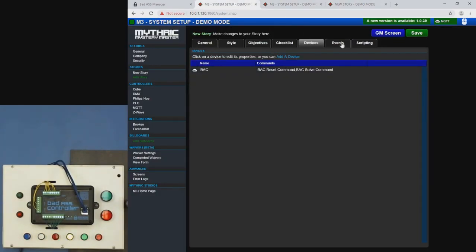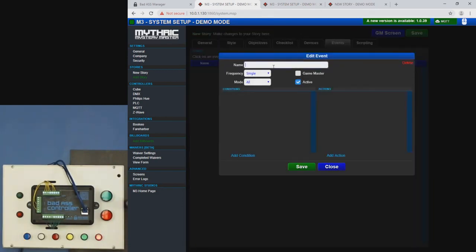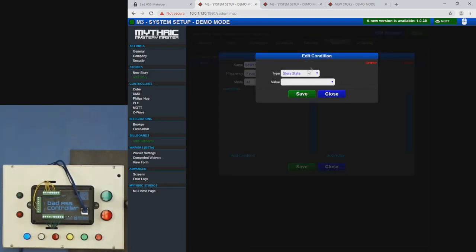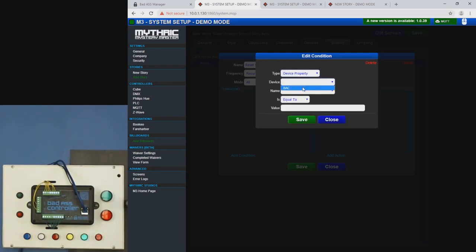More advanced stuff would be the events. So this is under our story, we're going to go to the events tab, click add an event. We'll call this reset override, make it recurring. And then for the condition, we'll set device property, and choose our device, and then these are the two properties that we set earlier. Input 6, when input 6 is on,